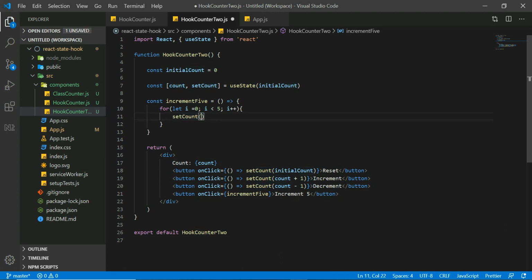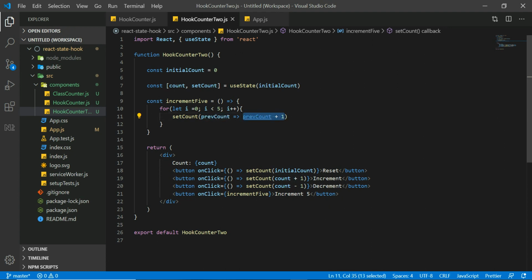So prevCount is going to be the argument, and prevCount plus 1. So it will take the previous count value and increment it by 1. So we are passing a function that has the old state value and increments the old state value by 1 here.